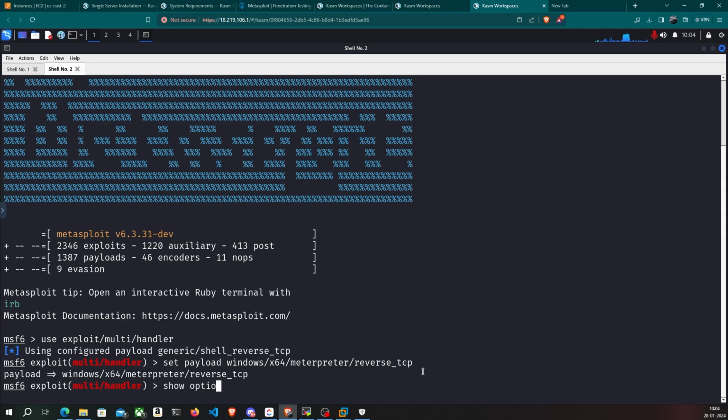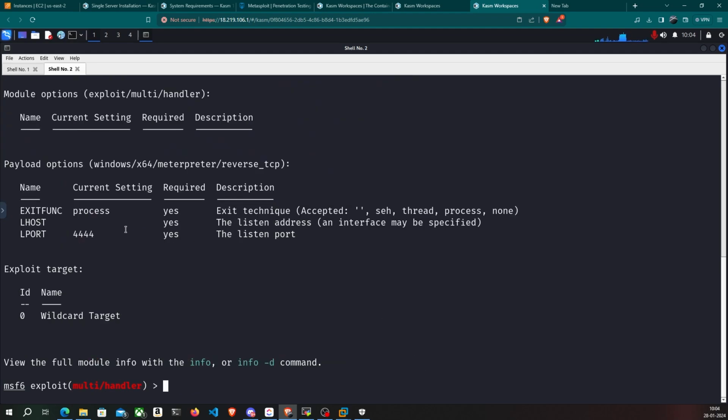Then you can just type in show options to see the different kinds of options that exist for this payload. And there are two options that are absolutely required, which is going to be LHOST, which is the listening host, and LPORT, which is the listening port. So we're going to change the LHOST. We're going to set it to